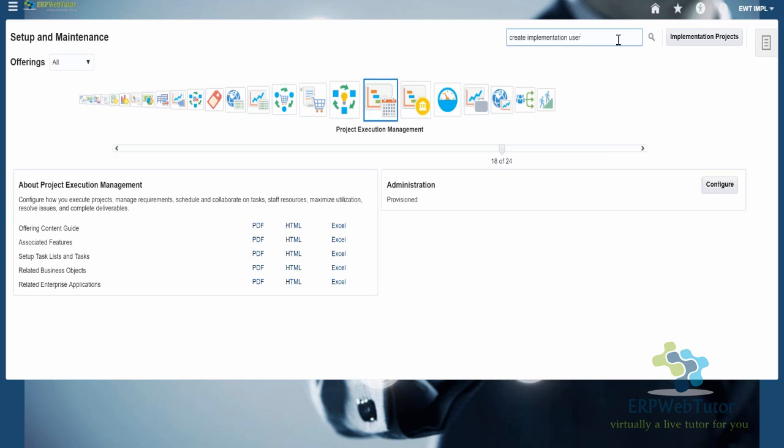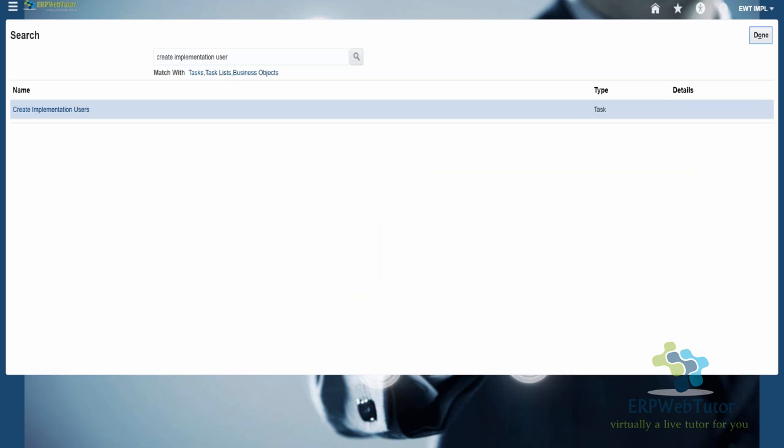And once you get familiar, you will see that you are finding the task rather than going to the implementation project. But let's just focus on the different areas for now. When I search for this task, I have something called create implementation user. Okay. If I click on this, you can see that it is taking me to a different